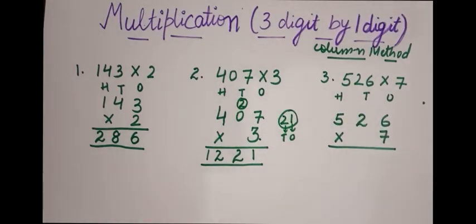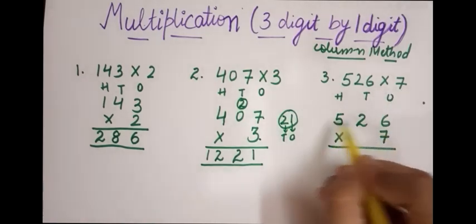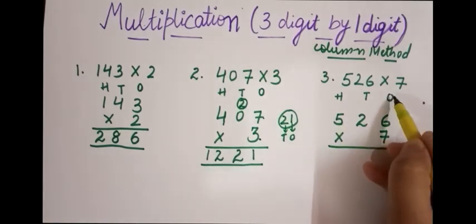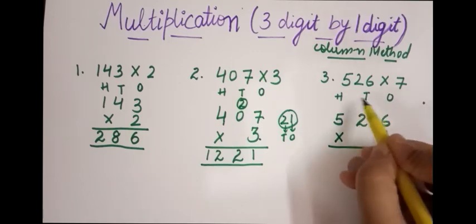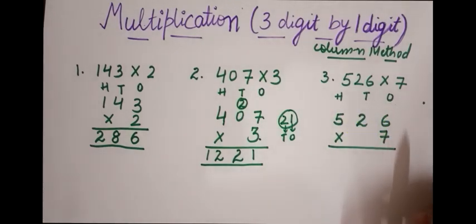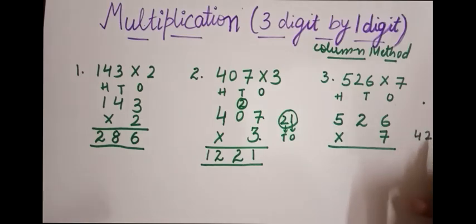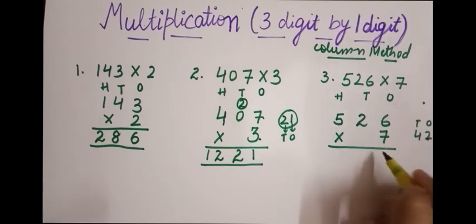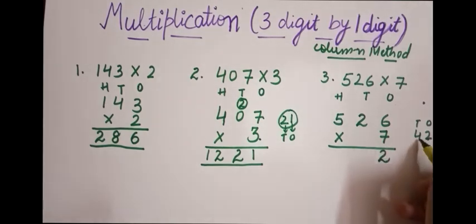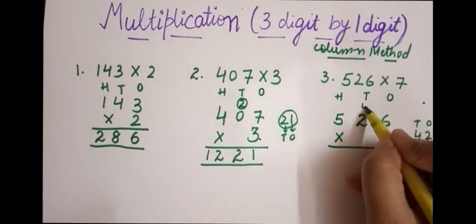So till here I have done that. This is the question. I have arranged it in the column, and I have written above all the correct places like ones, tens and hundreds. And we always start multiplying from the ones column. So let's multiply. First I will multiply 7 by 6. So 7 6s are 42. This 2 is at ones place and this 4 is at tens place. So this 2 I'll write down here at ones place, and this 4, because it is at tens place, I'll write as a carry at the top.